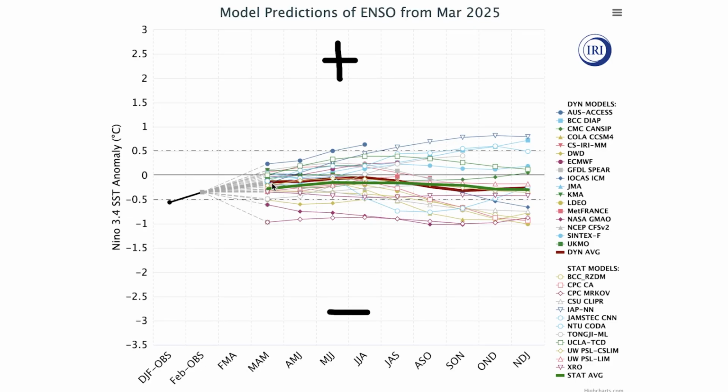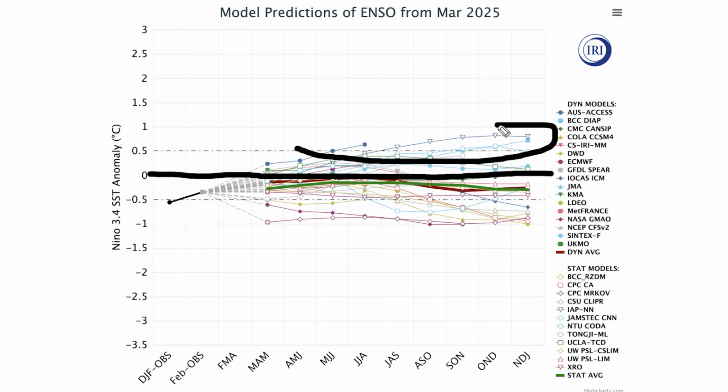The mean average is going to be these two green and red lines there. And I'll draw out, well, if I can do a straighter one than that. There we go. This is the neutral line. So what we see is that a majority of these models do stay below this, but by far the majority stay within it. So neutral ENSO appears more likely. Also, I would say only 4 even take us into El Nino status, which would be above this 0.5 dashed line. So very, very few take us into El Nino status, especially before fall time, but also even as we're approaching winter, only 4 out of however many there are here.